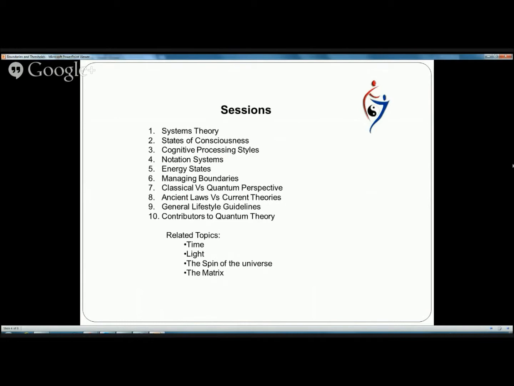We'll move then into session 4, looking at notation systems. And notation systems really has to do with how we internalize what we see. So we see a system out there and we put a label on it and we give it an internal symbol. And there are internal symbols and external symbols. Most people do not process them as that. They accept them as they are. But I think it's good to stop and be able to notate the systems that you see around you